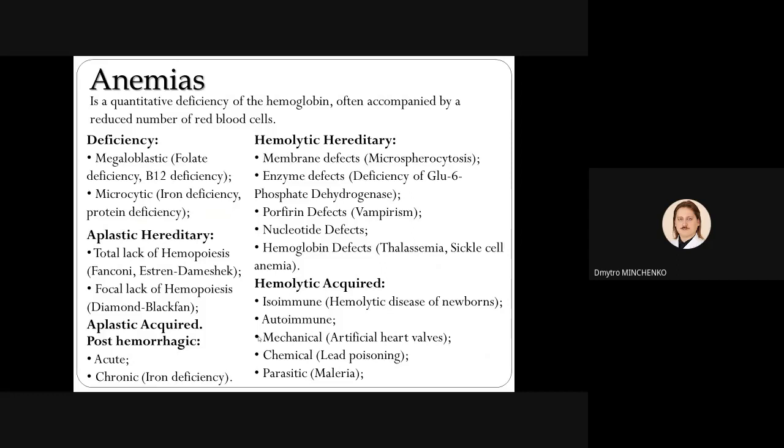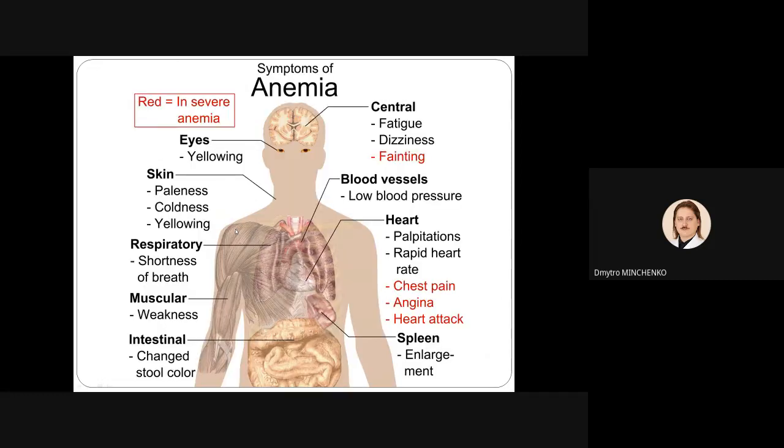Hemolytic hereditary includes membrane defects such as microspherocytosis or other similar situations, acanthocytosis, stomatocytosis. Enzyme defects such as deficiency of glucose 6-phosphate dehydrogenase, porphyrin defects such as vampirism, nucleotide defects, hemoglobin defects such as thalassemia and sickle cell anemia. Hemolytic acquired include isoimmune, hemolytic disease of newborns, autoimmune, mechanical such as artificial heart valve damage, chemical such as lead poisoning, and parasitic such as malaria. Symptoms of anemia include possible yellowing of the eyes,